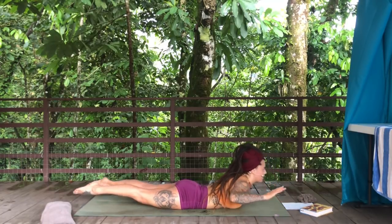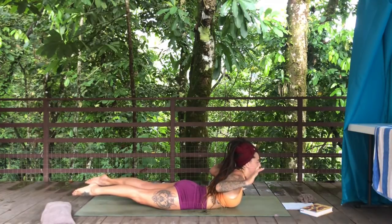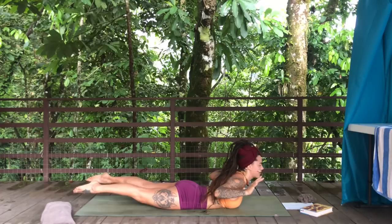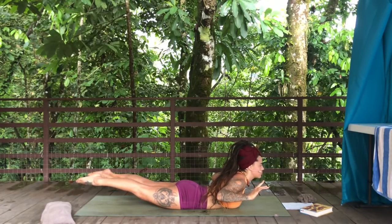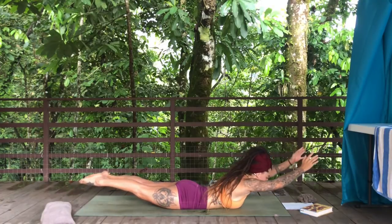And as you inhale, everything comes off the ground except for those hip bones and that pubic bone. Squeeze the shoulder blades down and together onto the back. So we're in this cactus arms locust pose. Legs are super strong. We're lifting up through the inner thighs. So we're trying not to externally rotate the legs. Take an inhale here. And then as you exhale, reach the arms out in front of you and squeeze the